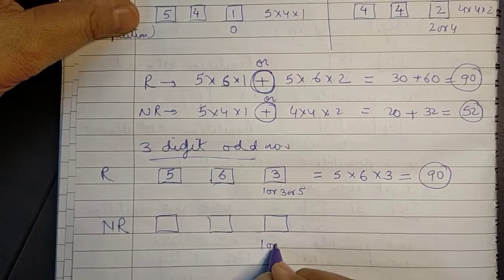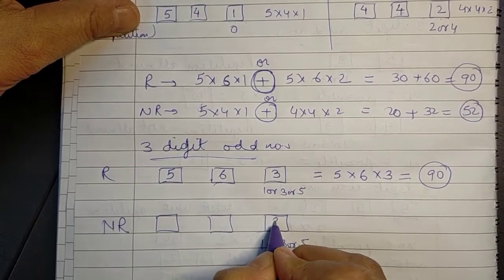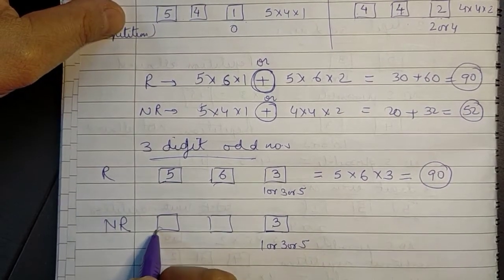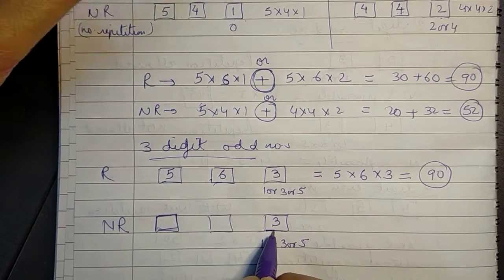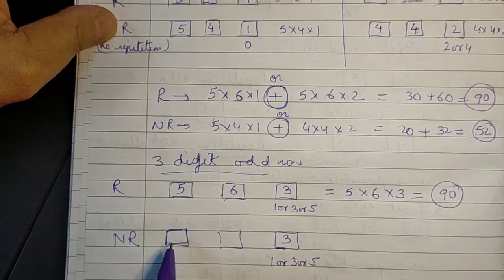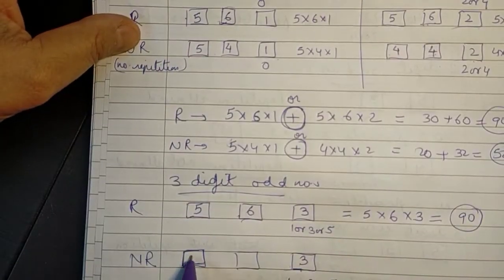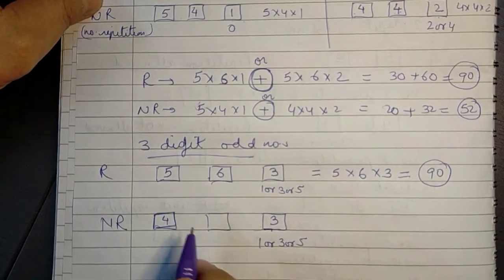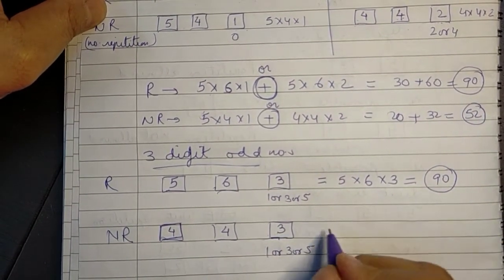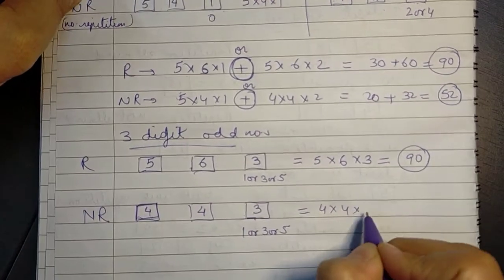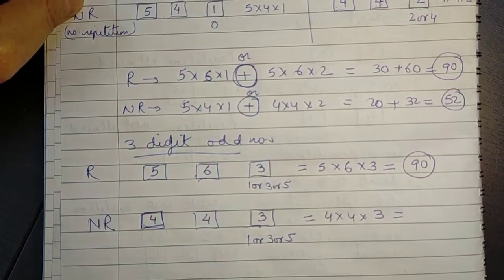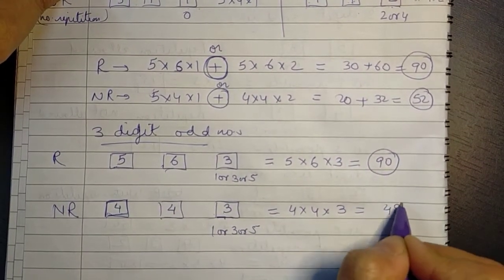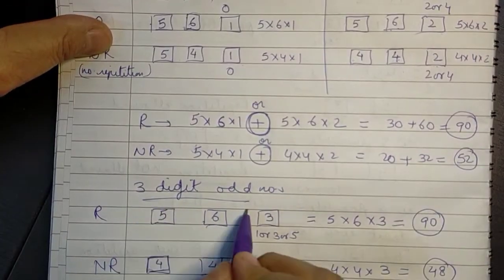Now repetition is not allowed, so 1 or 3 or 5. So 3 options are available here, out of which 1 is being used up. Now 5 are available for the first place, but out of those 5, 1 is a 0, which is not allowed, so 4 are available here. Now 2 of the numbers have been used up, remaining 4 are available in the middle, and so we can have 4 into 4 into 3. The number of possibilities would be 16 into 3, which is 48, the total number of possible 3-digit odd numbers.